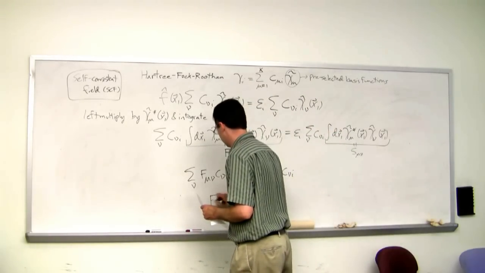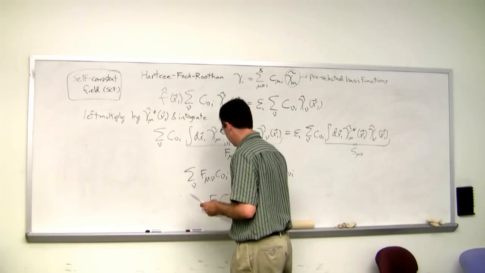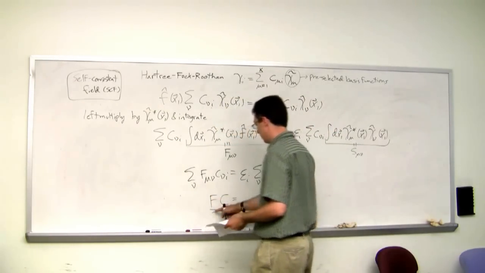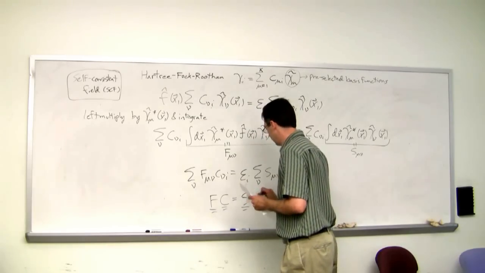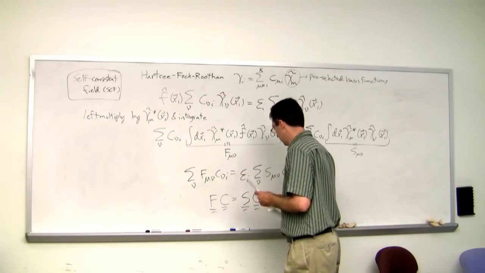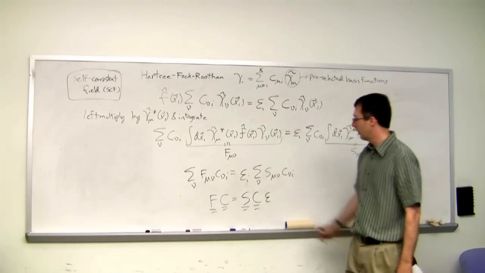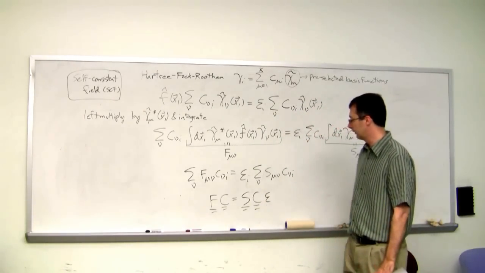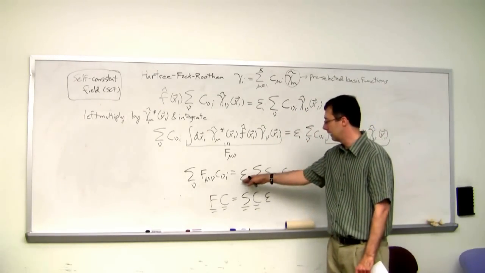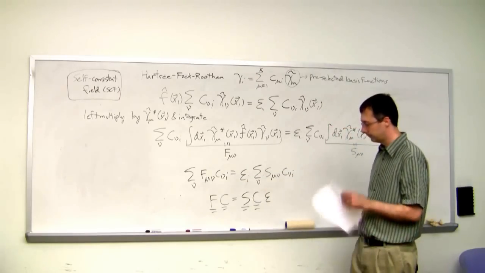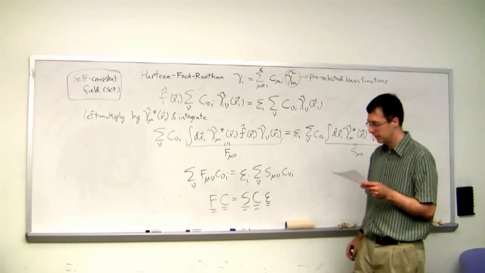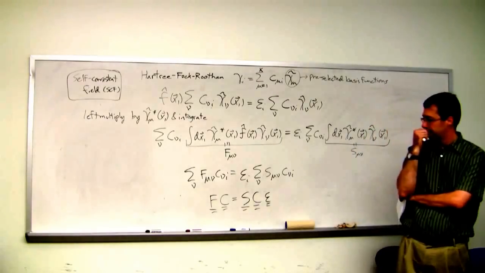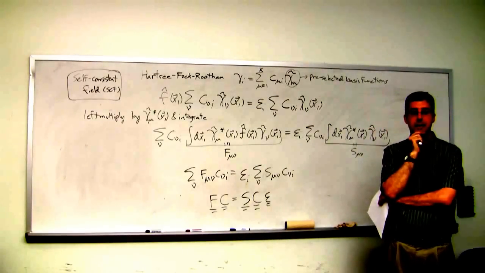This is the same thing as matrix F times matrix C, with double underbars to denote a matrix, equals matrix S times matrix C times epsilon, where epsilon is a diagonal matrix with these eigenvalues going down the diagonal. That's not bad,